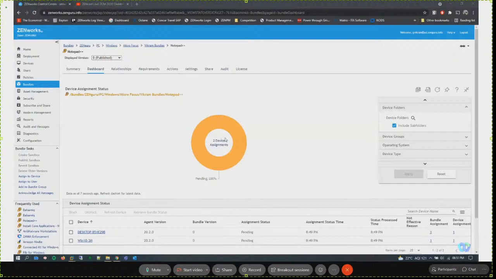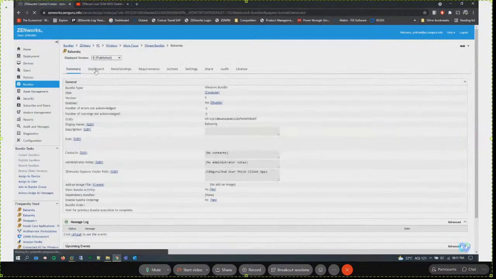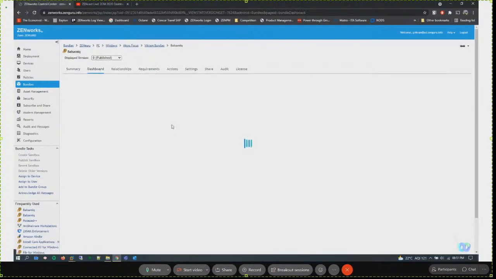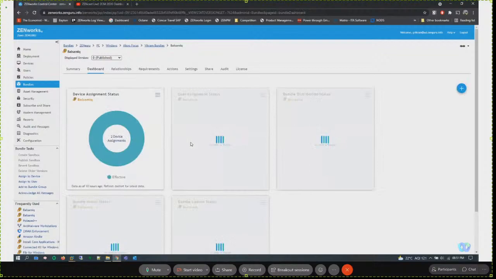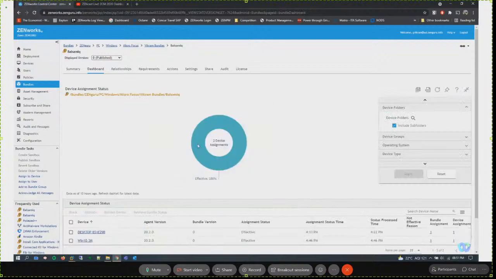Yeah, here. So now I have done this assignment, but once the devices do get back, what you're going to see here is something like what I showed you on this particular bundle, if I go down to this particular dashlet. It does take some time, this particular bit. And I can tell you, we have tried to reduce this, and we'll keep on trying. So here it tells me, on this second bundle which I had, it says effective, because the devices did refresh back,